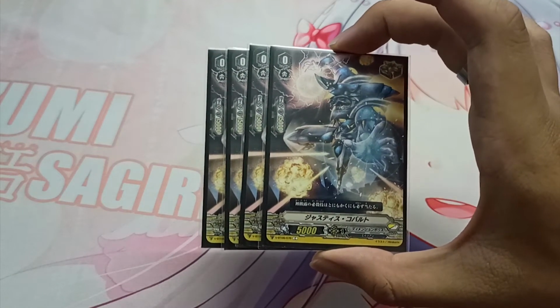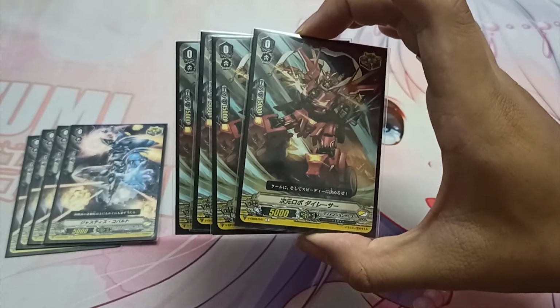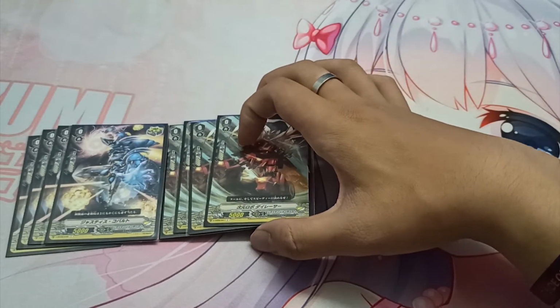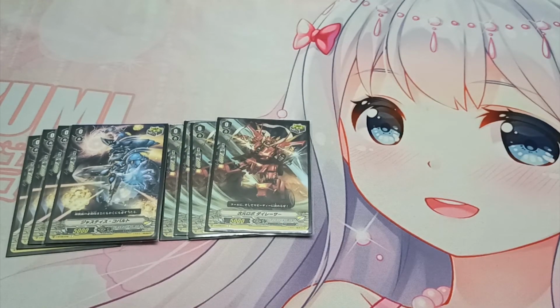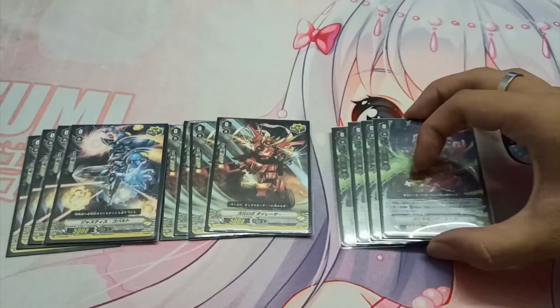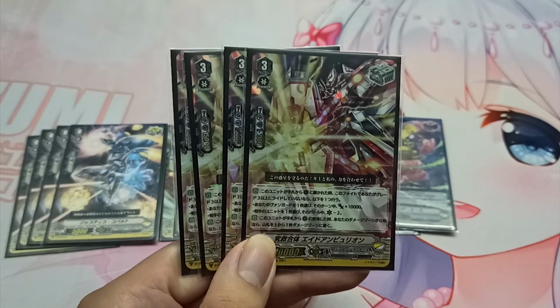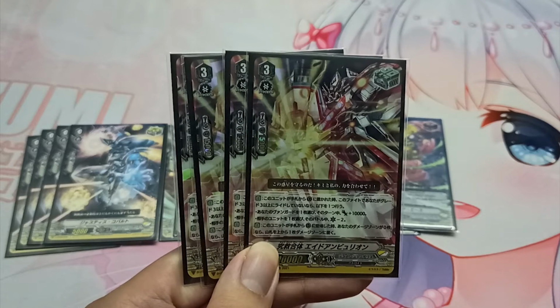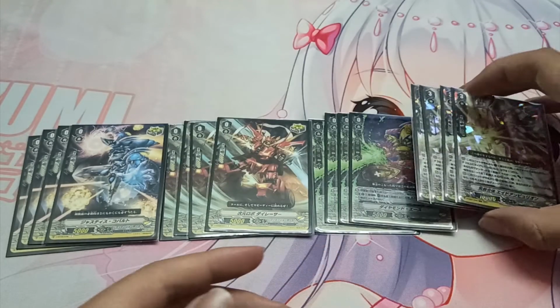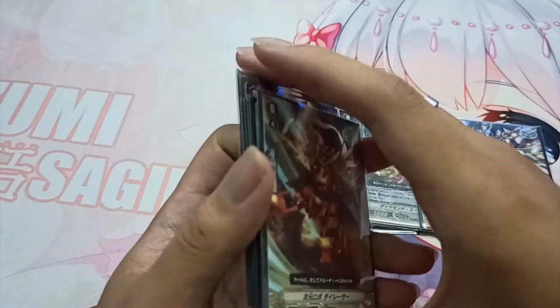4 Justice Cobalts, critical triggers. 4 Dimensional Robo Die Racers, critical triggers. 4 Diamond Aces, draw triggers. 4 Ultimate Salvation Combination, Adam Bullen, heal triggers. So for this trigger lineup, we have 8 critical triggers,